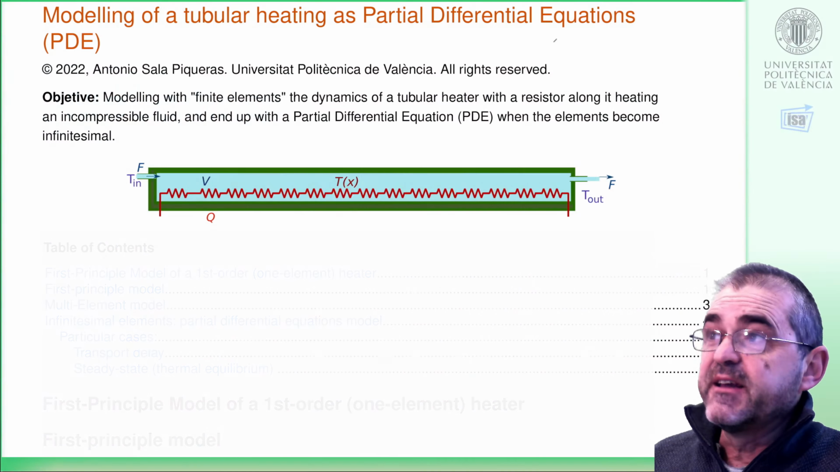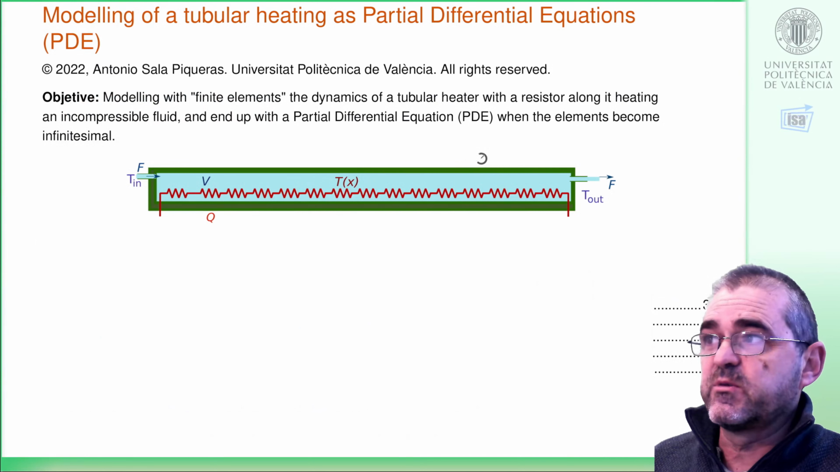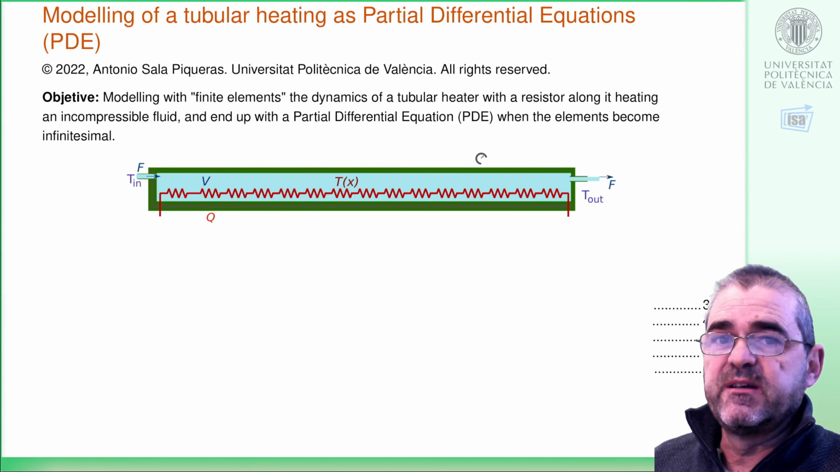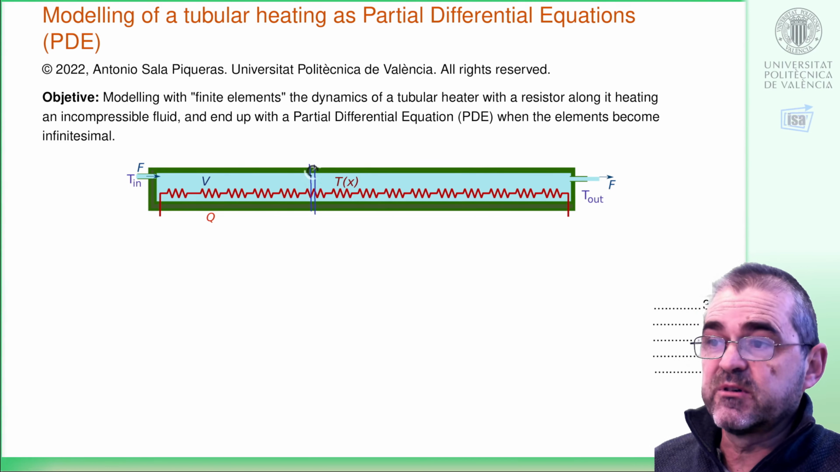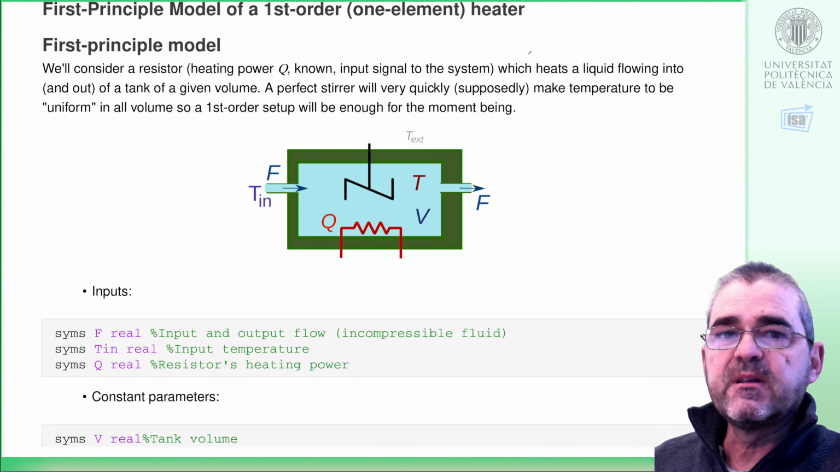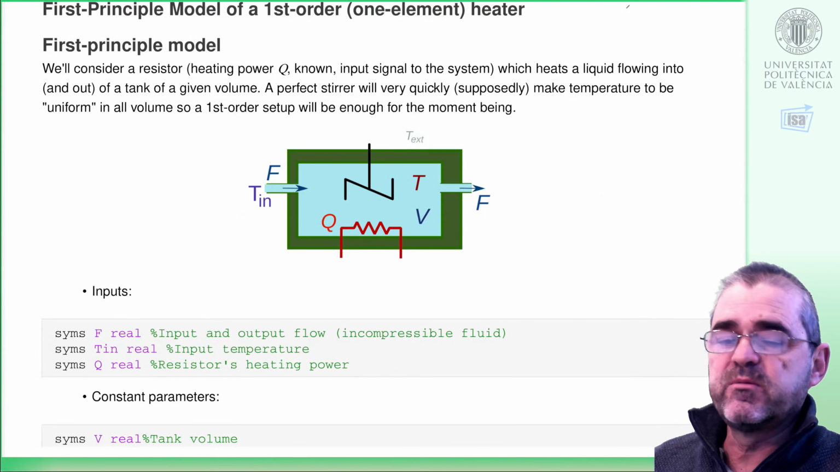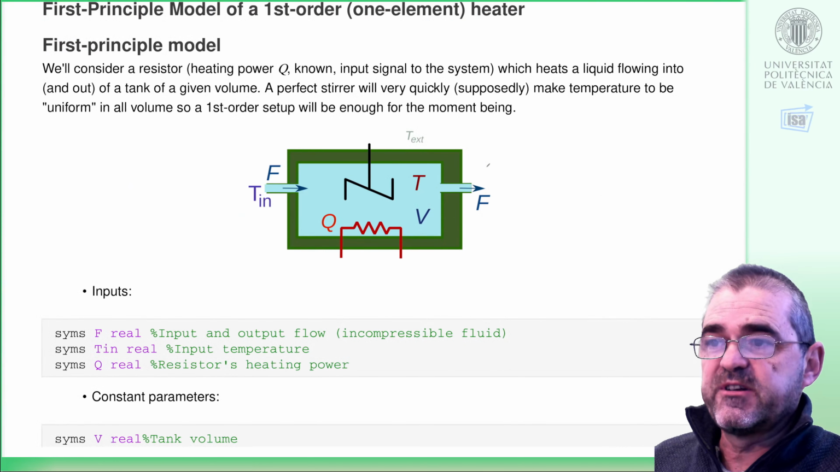I'm Antonio Sala. In this video, we are going to model a tubular heating element as a partial differential equation, which will be infinite order, because we will assume that this tubular heater is the juxtaposition of an infinite number of infinitesimal heating elements. So if we recall the modeling of just one heating element, in which we will assume